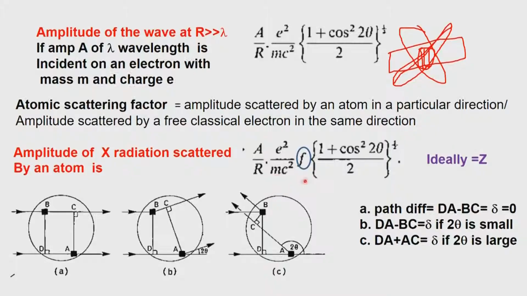So, what happens therefore is, if this is the free electron component, we multiply it by the factor f, which is known as the atomic scattering factor. So, this is the amplitude of the X radiation scattered by an atom. It is, as I said, ideally Z, because all the electrons should contribute. If you just put one atom and send an X-ray beam, and this atom is in a position like this where the scattering angle is seen as 0, then the amplitude of the X-ray scattered by the atom is proportional and in fact more or less equal to Z.